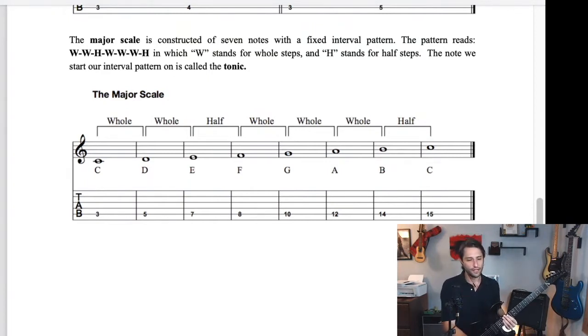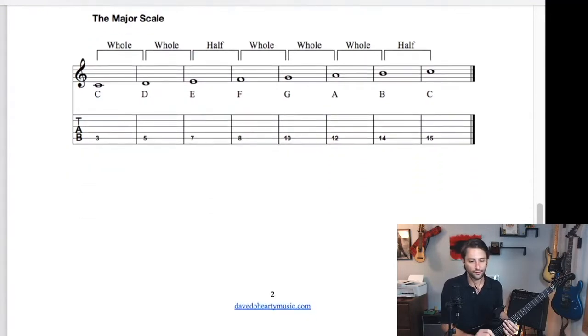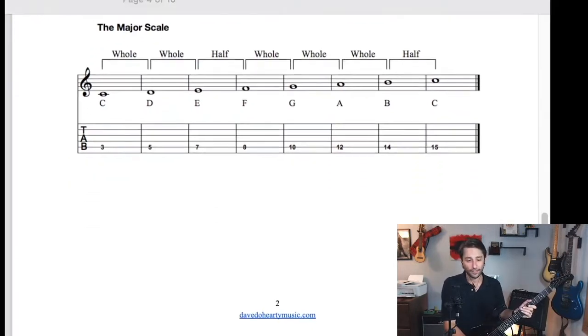Okay, so this is something to commit to memory, this pattern of intervals. This is the major scale, right? Whole, whole, half, whole, whole, whole, half. That's 2 wholes and a half, 3 wholes and a half. Get to know it. That's your major scale. And now, if you want to get creative, now I know we can all look up